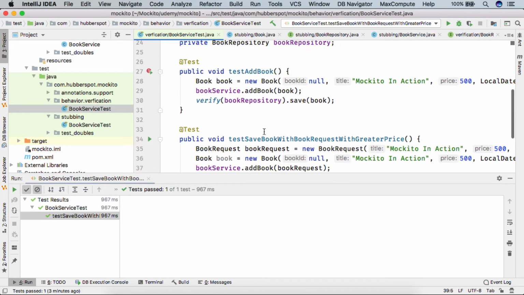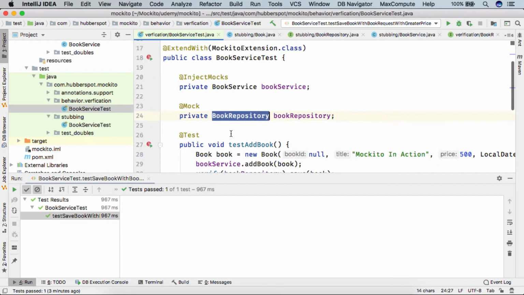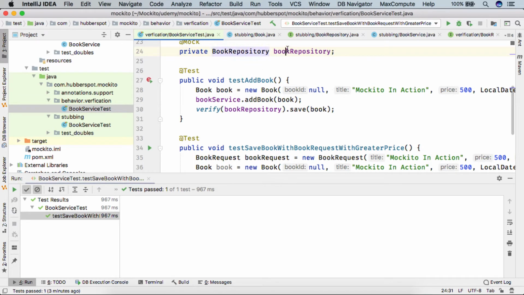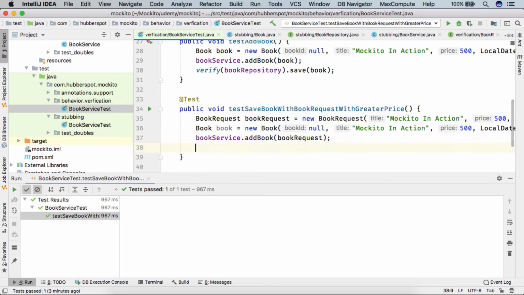So here Mockito provides the ability to the mock object that as soon as we create the mock object, it remembers all the interactions made on the mock object. So friends, here we saw that we used verify bookRepository.save to simply verify that the book repository save was called or not. But here we know that book repository save was not called.